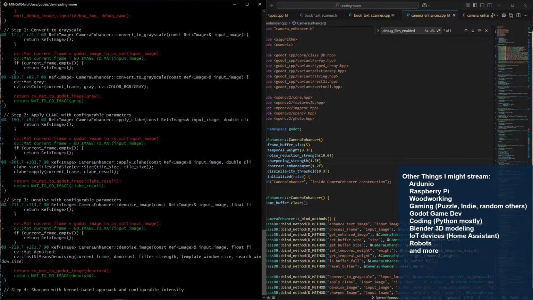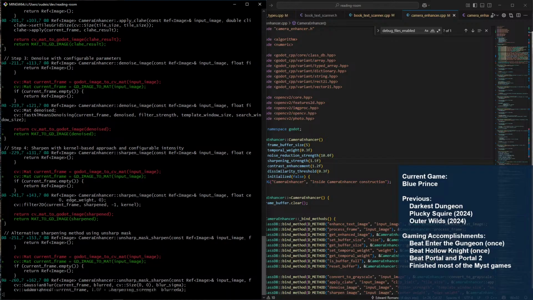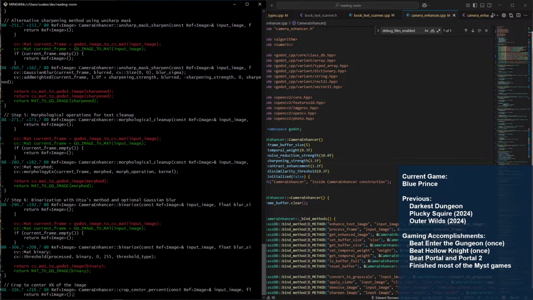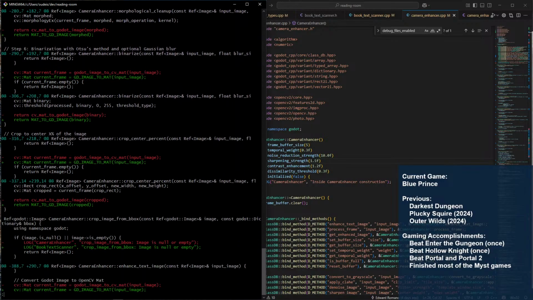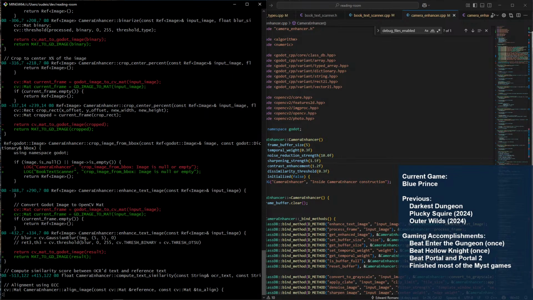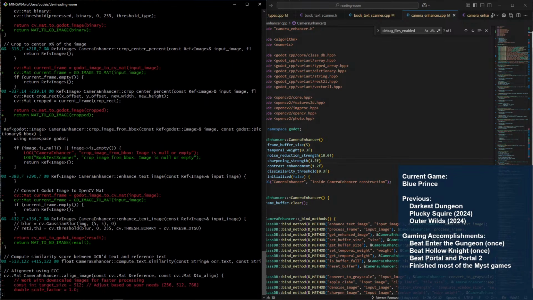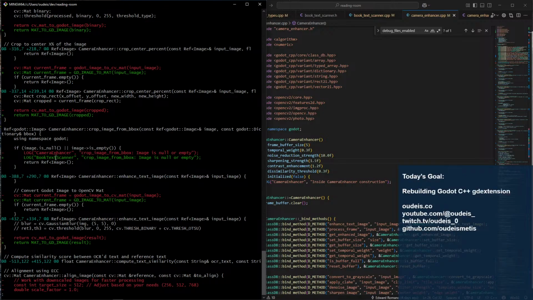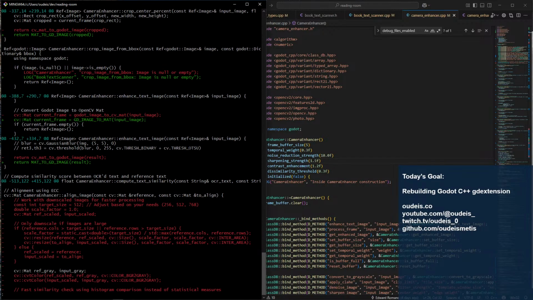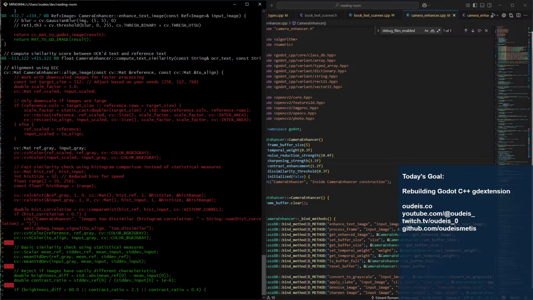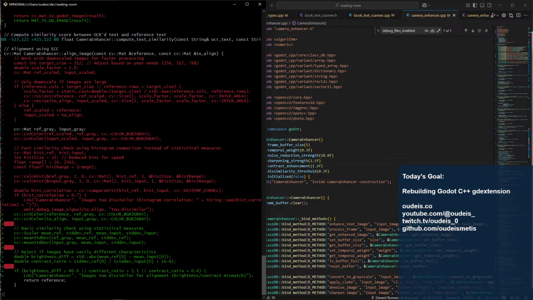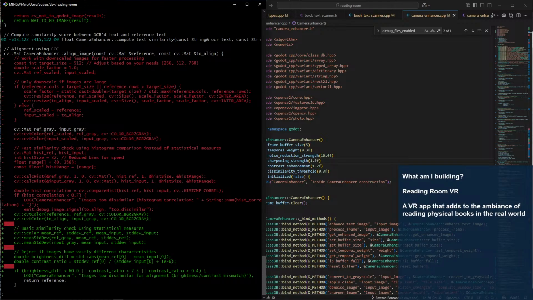And then because of that, those are all now references over to another file. That's funny that that says book text scanner. And then this changed, align image changed.